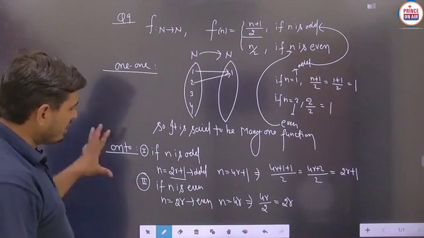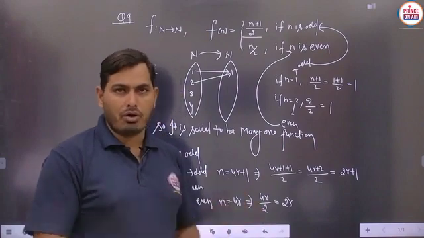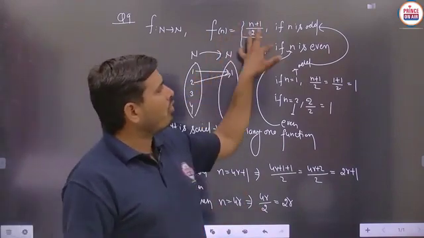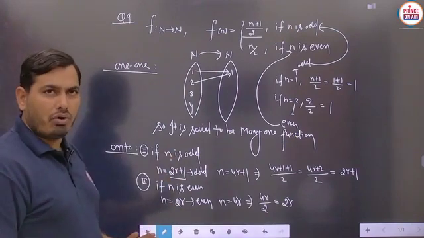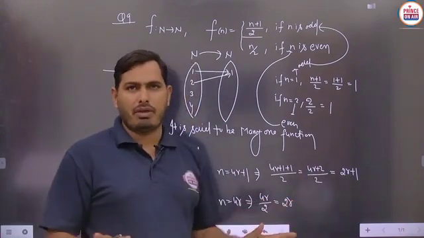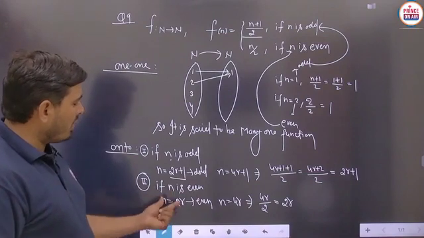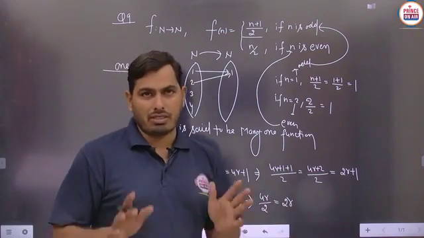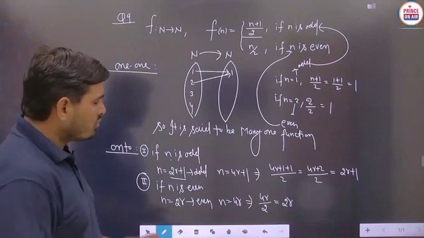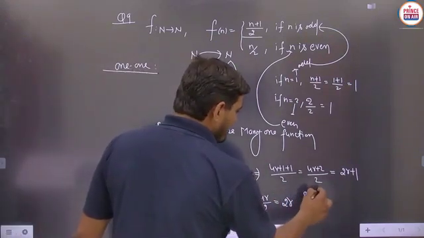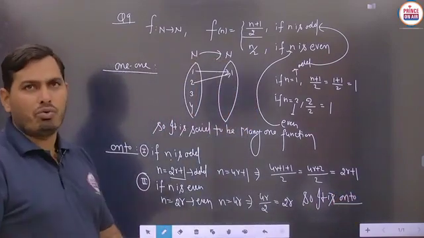So basically, students, in this part we are checking whether we are obtaining the pre-image of the codomain or not. From the codomain there are two cases, so either case we have to take. First we take n equals odd, then we get the pre-image. Suppose we take any even number as the value of n, then we also obtain the image. So for each and every element of the codomain we are getting the pre-image in the domain. So it is said to be onto.